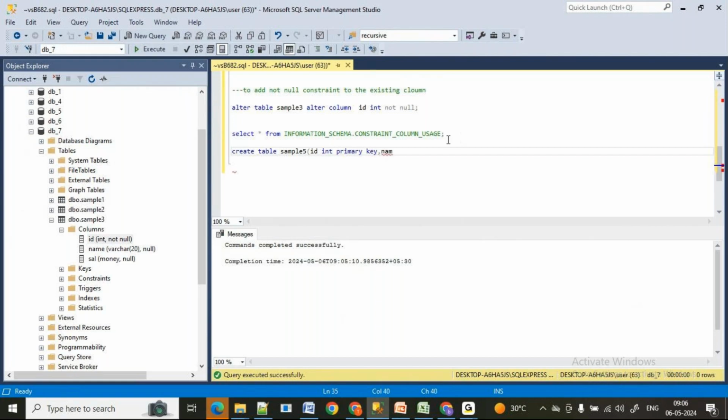Enough, you just mention primary key, that's okay, fine. Name which is of varchar of let me take 20. Okay, this is the table I just created.